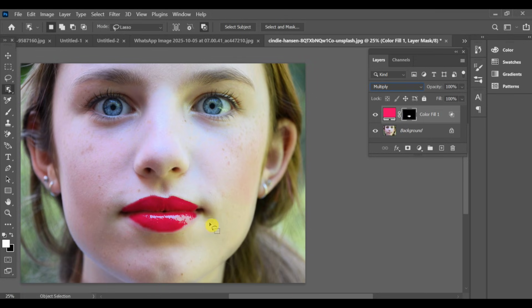Here's the effect. If you think the lips look too shiny or bright, you can simply add a blur effect